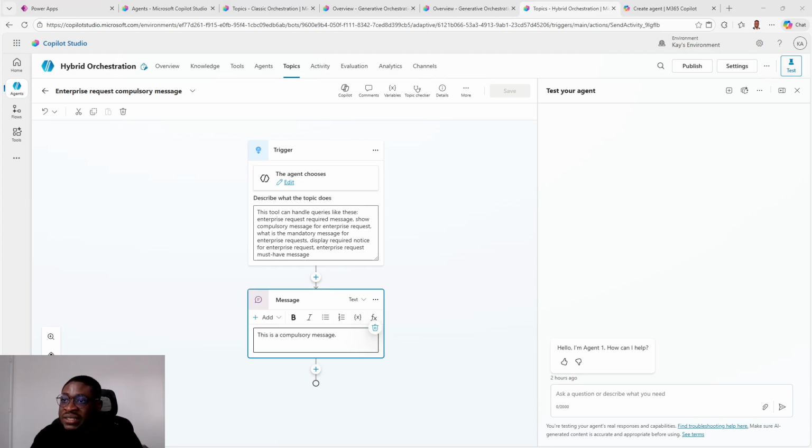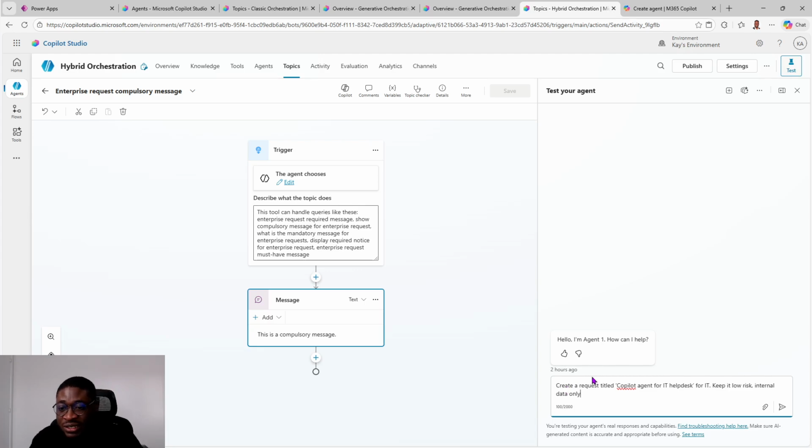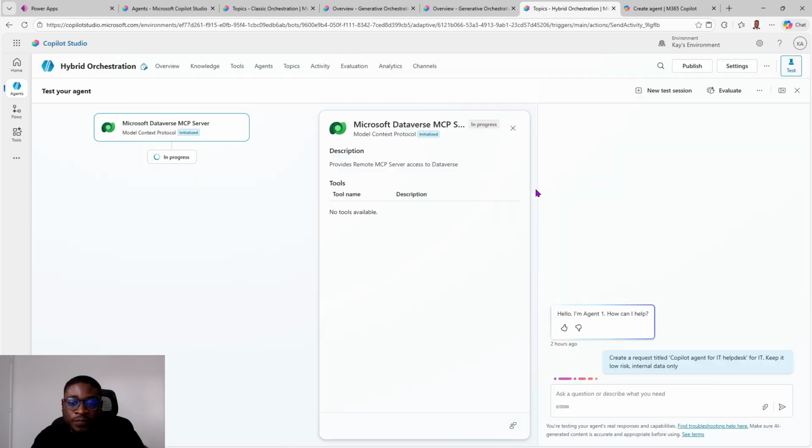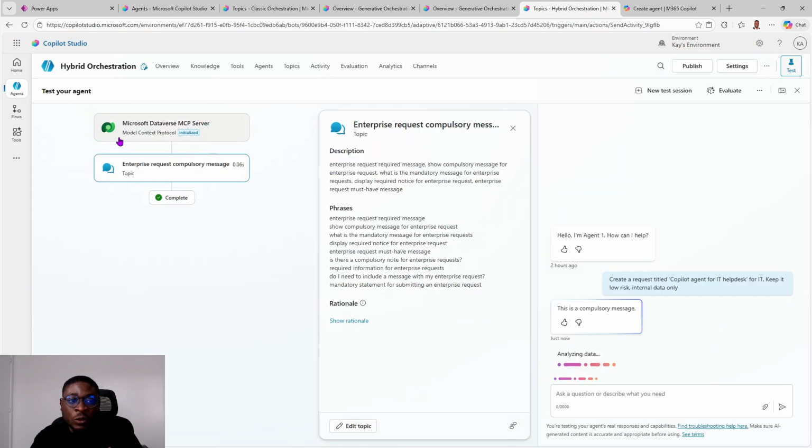So let's do something now. Let us now come here and say create a request. So let me put this here. Create a request titled Copilot Agent for IT Help Desk. Keep it low risk, internal, and data only. So let me send this. Now, if you look at the